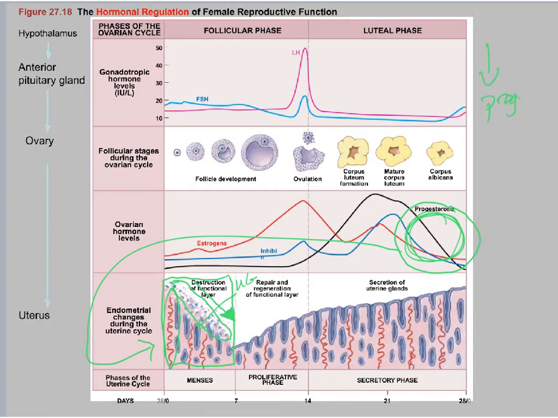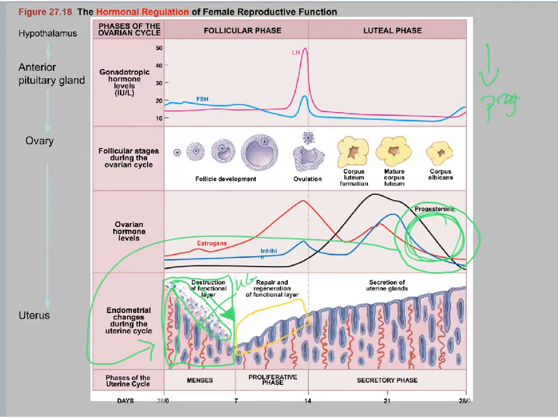And then we enter the proliferative phase. And during the proliferative phase, remember, the endometrium is beginning to grow back. So it's proliferating. And so you can see how it's gradually getting thicker and thicker here. And now the uterus is preparing for the next month, or this coming month, where hopefully an egg will be fertilized, and then ultimately that egg ends up